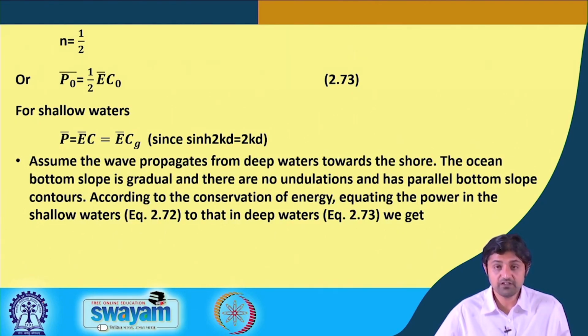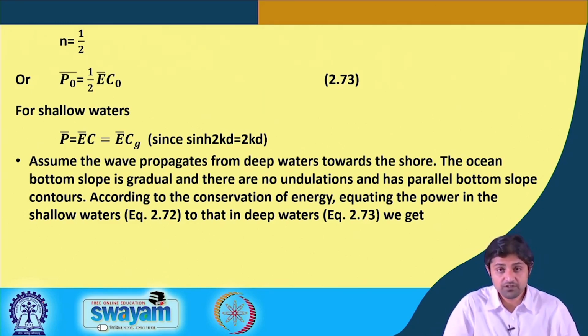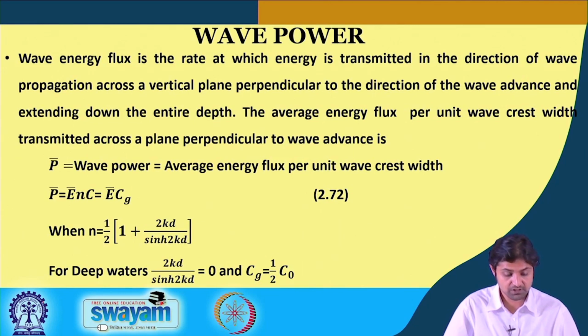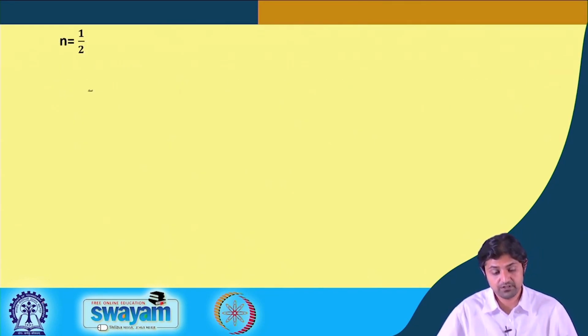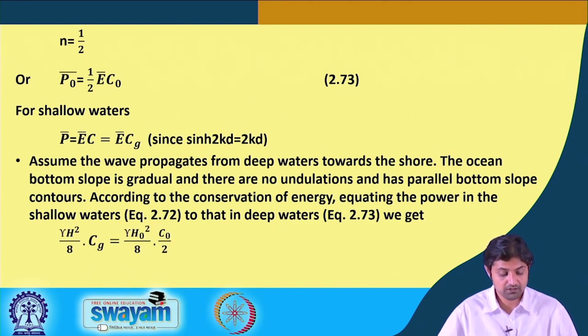If you assume that the wave propagates from deep water towards the shore and the ocean bottom slope is gradual and there are no undulations and has parallel bottom slope, because you see the wave power is going to be conserved if the wave moves from one depth to the other. If there is no loss, it is average energy flux per unit wave crest width. And if we apply the conservation of wave power,